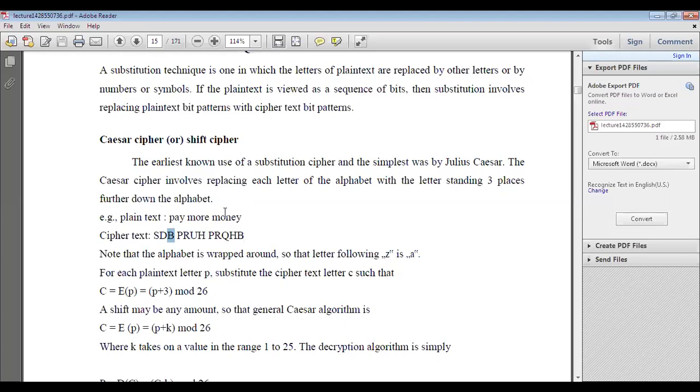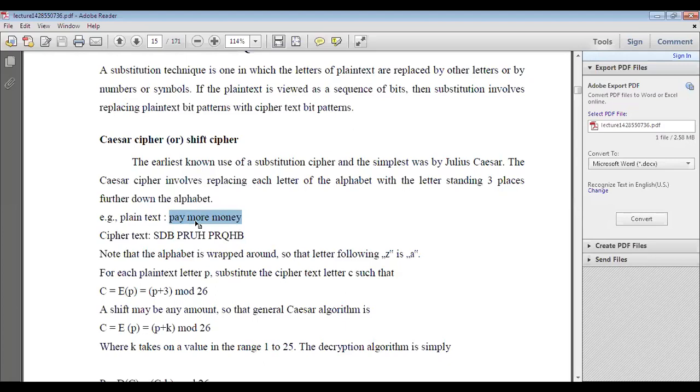So in this way, the sentence you send from the source to the destination, or from sender to receiver, that information you have to replace with other characters a fixed number of places away. For example, here you are using the alphabet only. That is 26 letters only that you have to use.